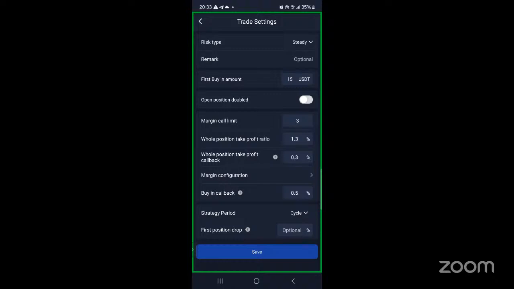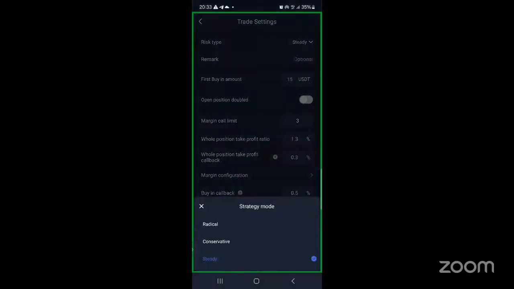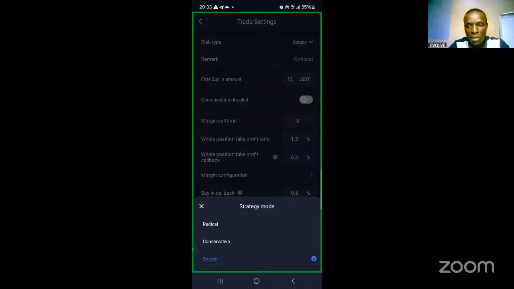Which type of risk are you supposed to go in with, what we call the radical or conservative or the steady one. If you didn't attend that session, you can go back and go through them so that you don't make mistakes that will get your capital stuck,